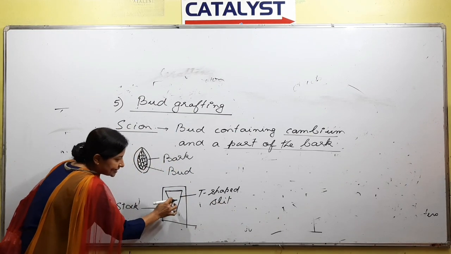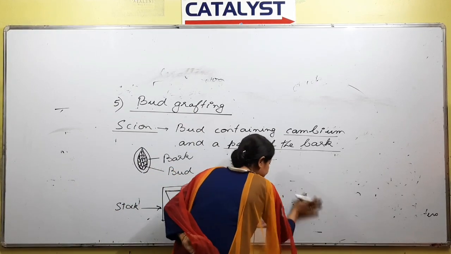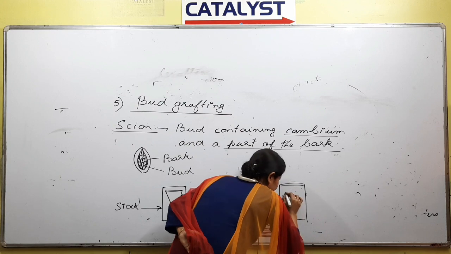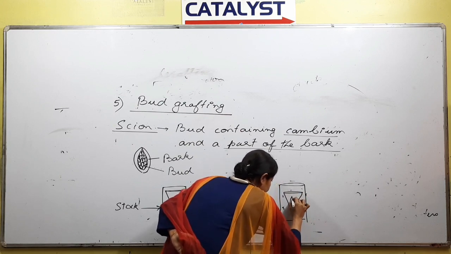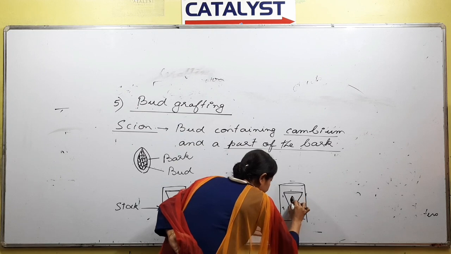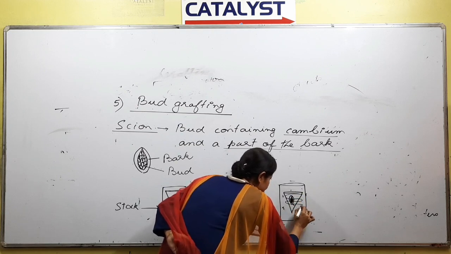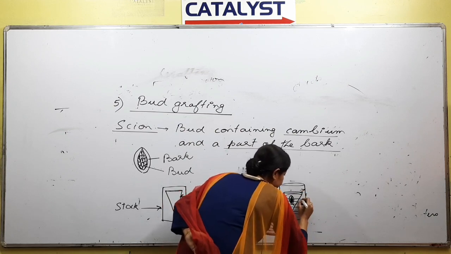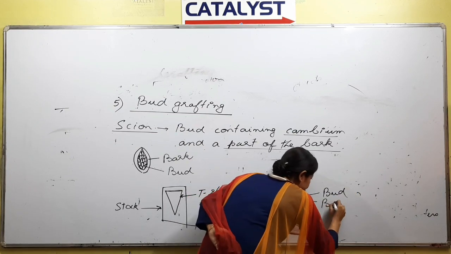We cut it somewhat like this, and in this T-shaped slit we insert the bud. And after that, what do we do? We bandage it. This is the bud, this is the bandage,